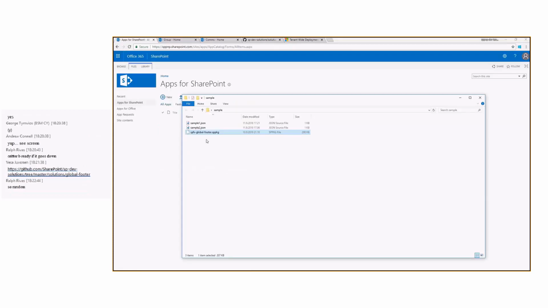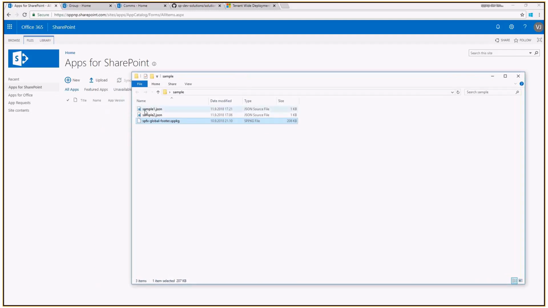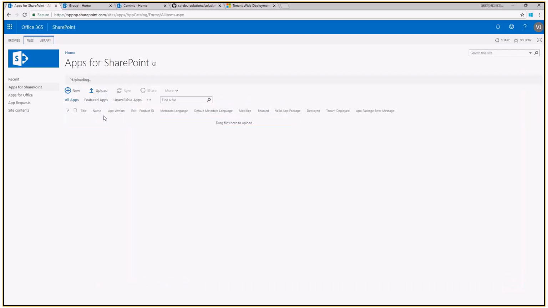So we have a centralized control. We have governance for enabling customization so that there's no rogue customization, no ad hoc script injection fears or any security issues like that. So a person has to have the right permissions to install the solution to the app catalog. And in the app catalog,